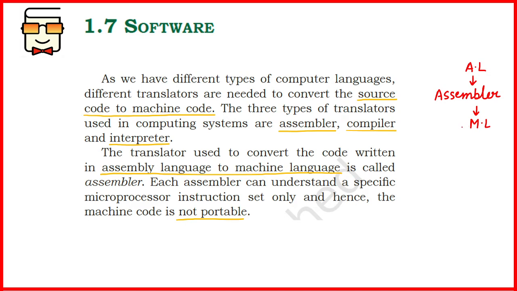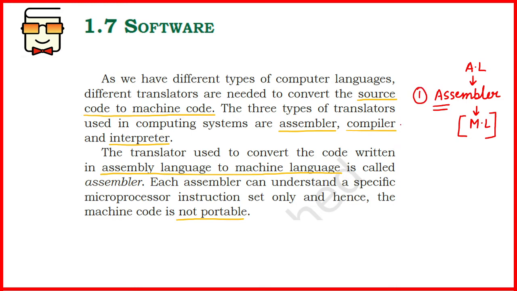We have seen earlier also that the assembly language code is machine dependent. It is not portable, and therefore the machine language code or the object code that is generated by the assembler is also not portable. It is also machine dependent. It varies with the architecture of the computer system. Assembly language code written for a specific architecture will not run on another computer that is using a different architecture. So this is one of the biggest disadvantages also. This was the first kind of language translator.